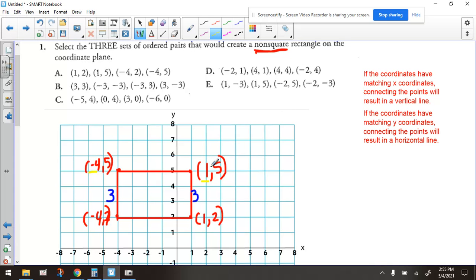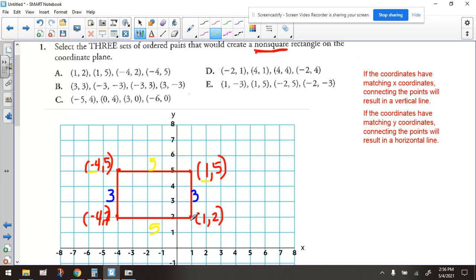When they're in different quadrants, then you can just add the absolute values of the numbers that differ from each other. So if we add the absolute value of this and the absolute value of that, that would end up equaling 5. And if you count this, you can see it's 1, 2, 3, 4, 5. And we could do the same thing here, right? If we added the absolute value of this negative 4 and the absolute value of a 1, that would be 5. Now remember, if it's a rectangle, and if you're talking about a horizontal line, the opposite sides would be